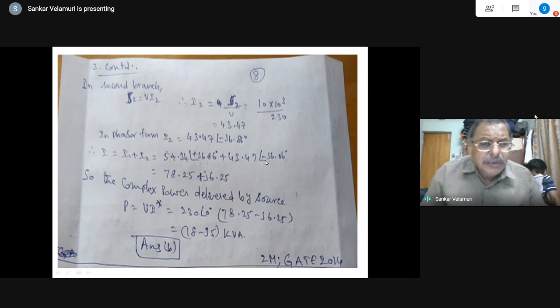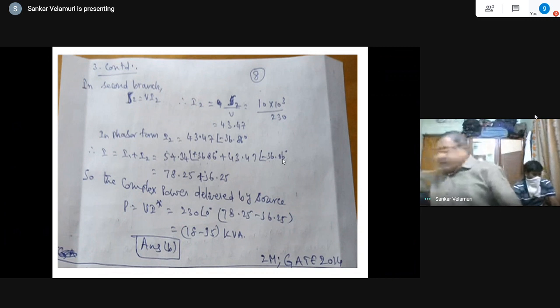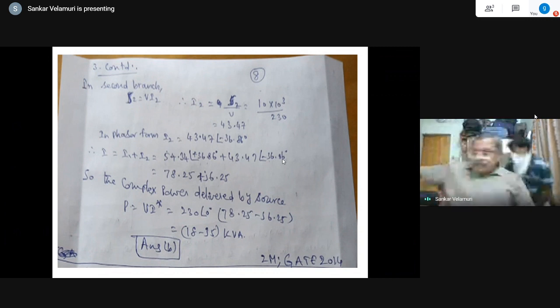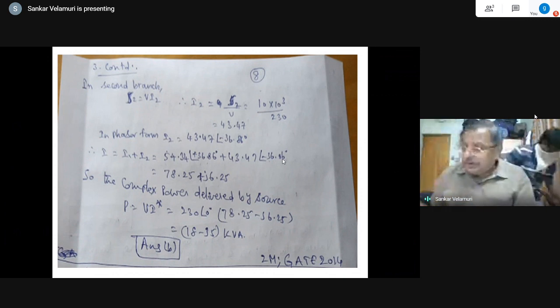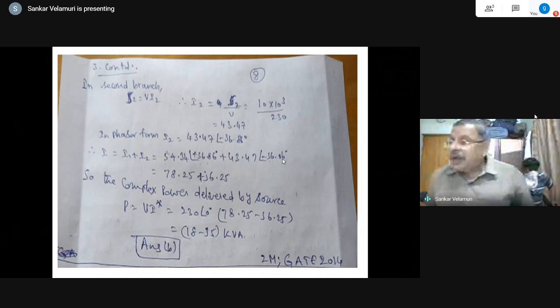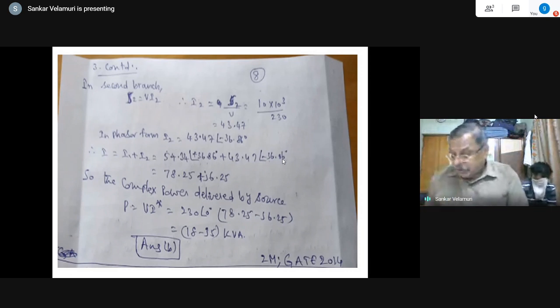So you can see how much work is involved in solving these problems. Luckily this particular problem is solved in the book. I don't mind giving the reference. It is not copying; we only try to verify these things. Yesterday I mentioned Made Easy Publications, GATE 2019 Electronics Engineering, and they have given solved problems also.